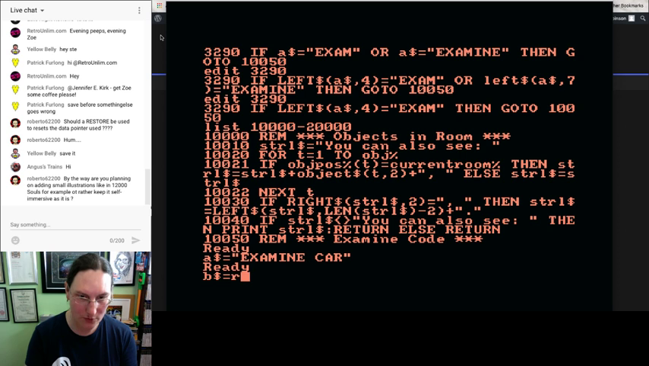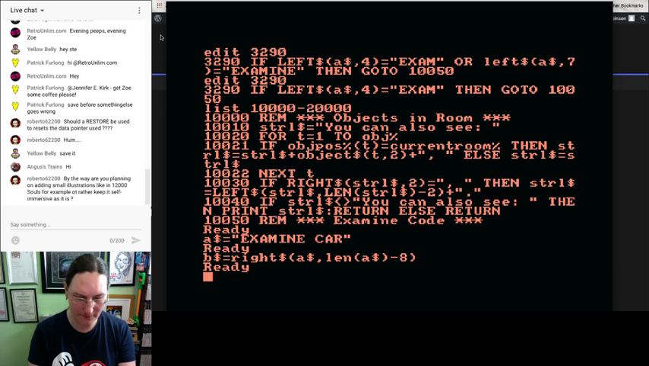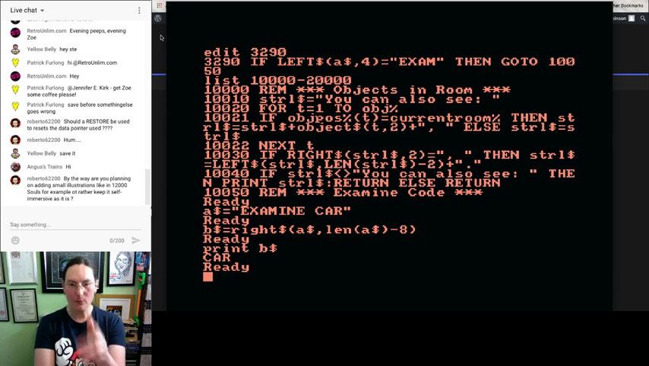B string equals right string, and the length command: len A string minus 1, 2, 3, 4, 5, 6, 7, 8. That should work. So this is a quick bit of stuff. Print B string. What I've just done there is a quick test, and that won't have affected our